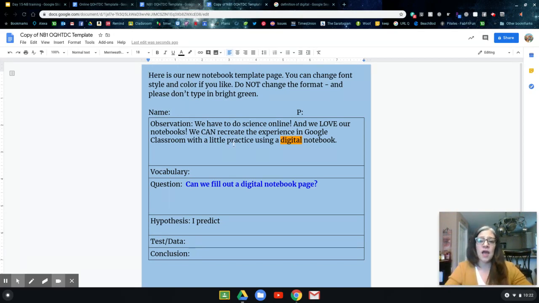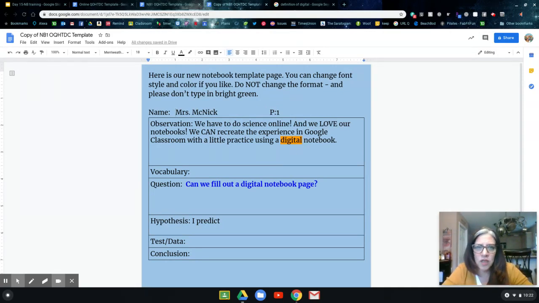So the first thing I obviously will do, just like when a teacher gives me any piece of paper, is type my name. Mrs. McNick. Boom. And I am in period all science, but I'm going to put period 1 for now. Okay, now if your name is extra long, you might end up creating a new line. You can just backspace there to fix it. So I'm going to read my observation now.